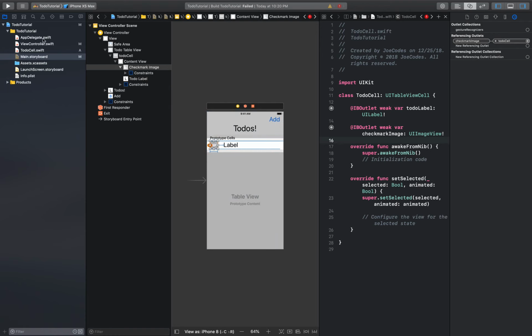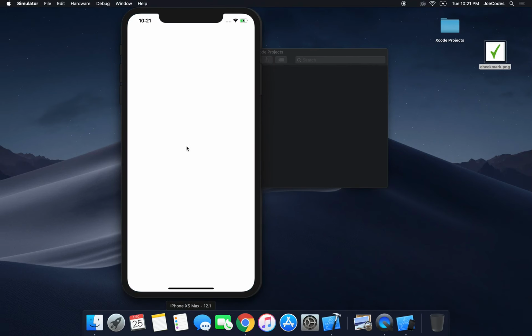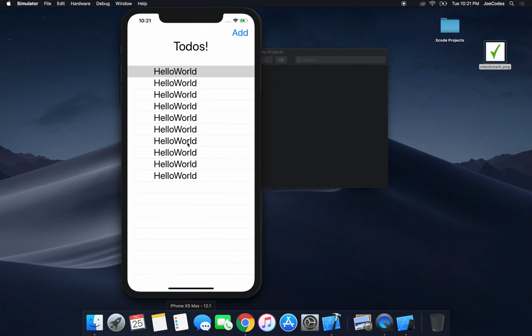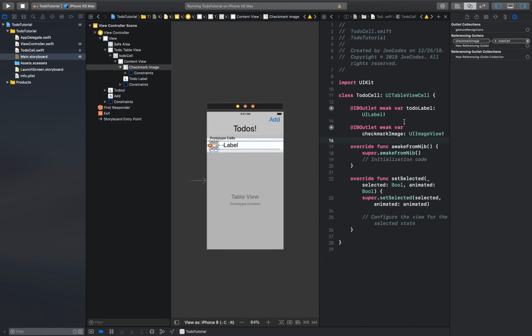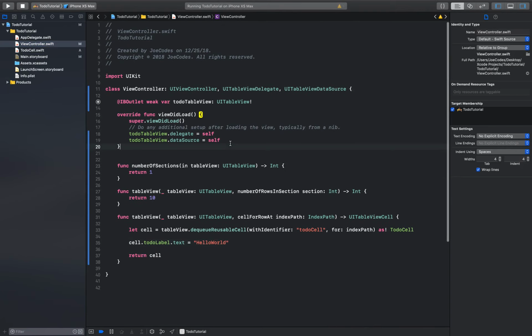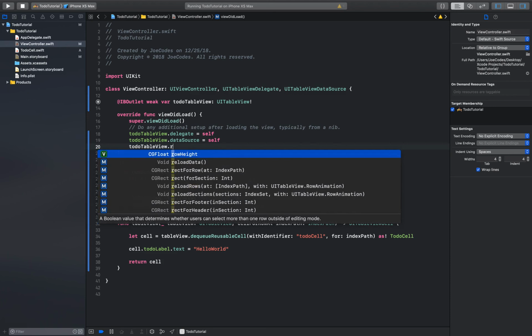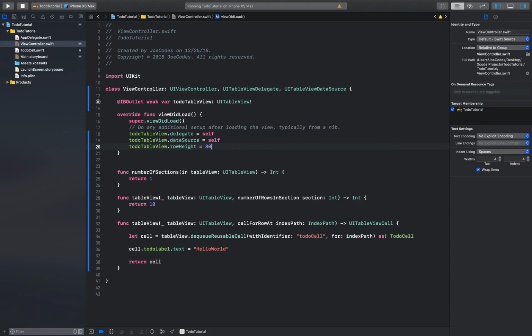So get rid of that. So now if we run, it'll succeed, and we should have 10 hello worlds. Perfect. So another thing I'm going to do, we're only going to be in the view controller. I'm going to specify to do table view dot row height is equal to 80, and that will just make our